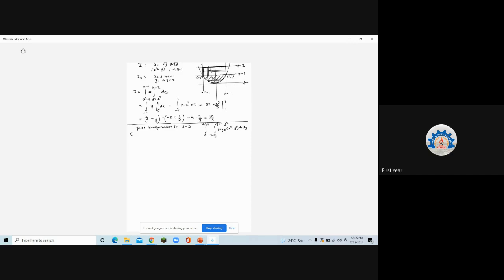Whenever you see terms of the type x square plus y square, either in the function or in the limits also, can you see it is x is equal to root of a square minus y square. So actually it is x square is equal to a square minus y square, or x square plus y square is equal to a square. So this is a circle in xy coordinates. I will try to convert this into polar coordinates, which will become r square is equal to a square, or we can write it as r is equal to a. And then it becomes very simple. Are you getting it? Yes, ma'am. Fine.